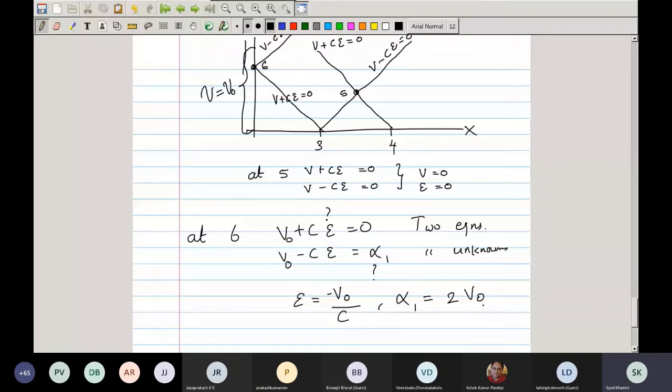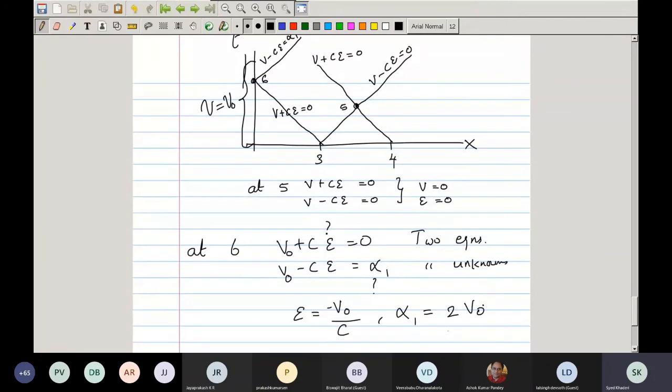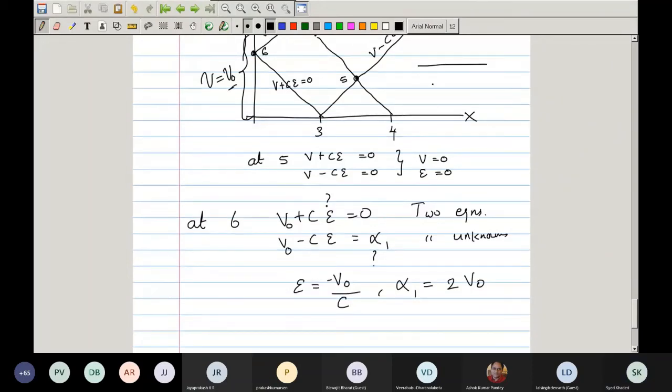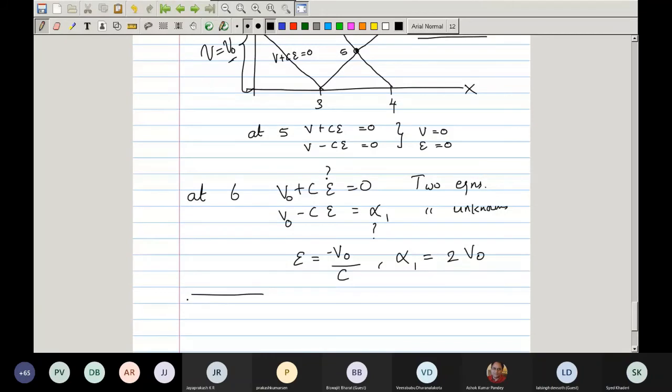Okay. So what this is telling me is that when you are applying a positive velocity, which means you have a bar, and you are applying a velocity at this point. So if you're applying a velocity v naught at this point, then your strain is minus v naught by c, which means your strain is going to be compressive because you are moving to the right, you are compressing this bar.